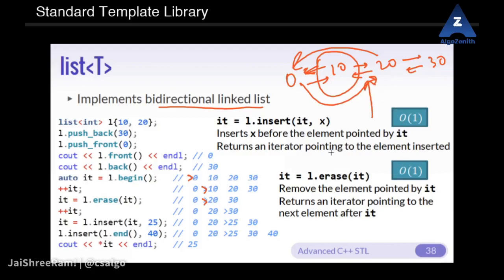So linked lists are helpful in these senses when you have to dynamically remove elements and insert elements in between the array. Okay, so in those scenarios, you can refer to linked lists or bidirectional linked lists, which are readily available to you in the list type that is available in STL. Okay,